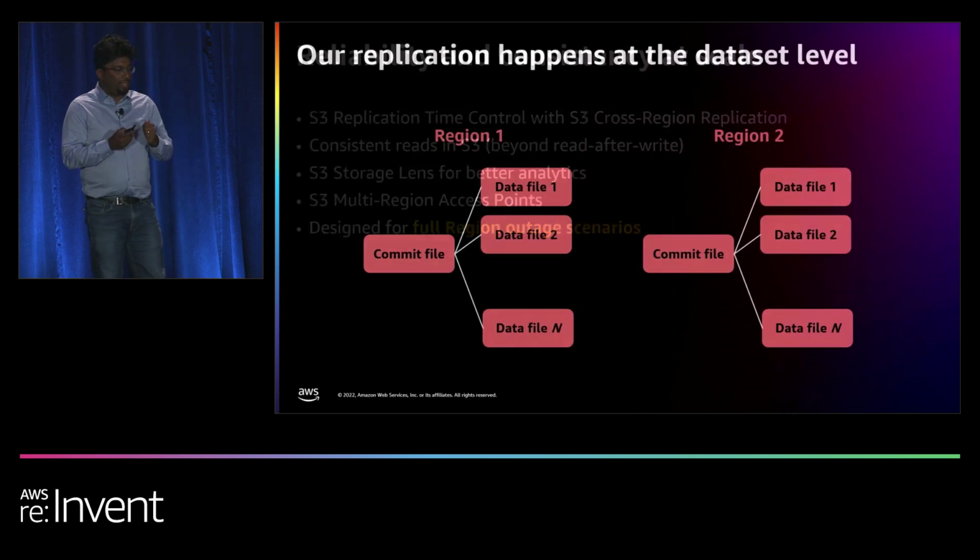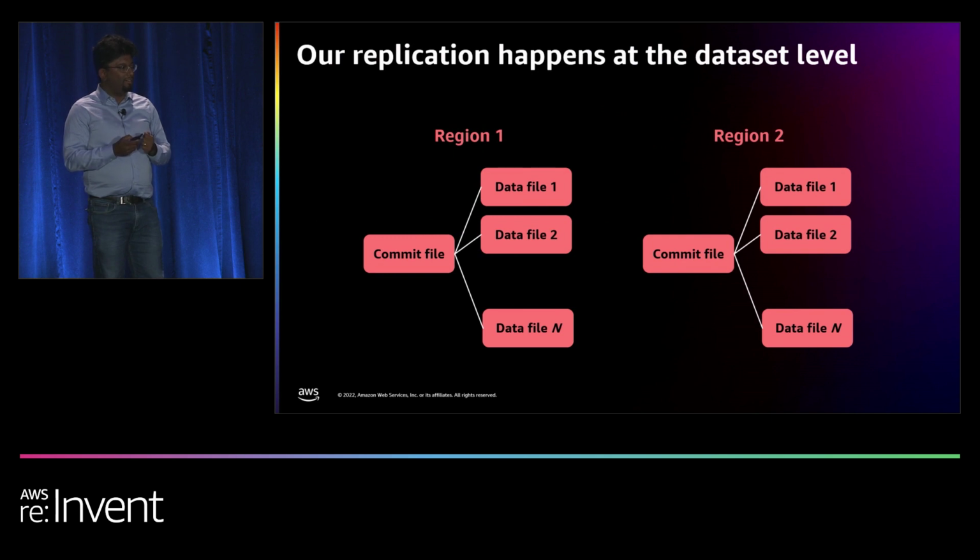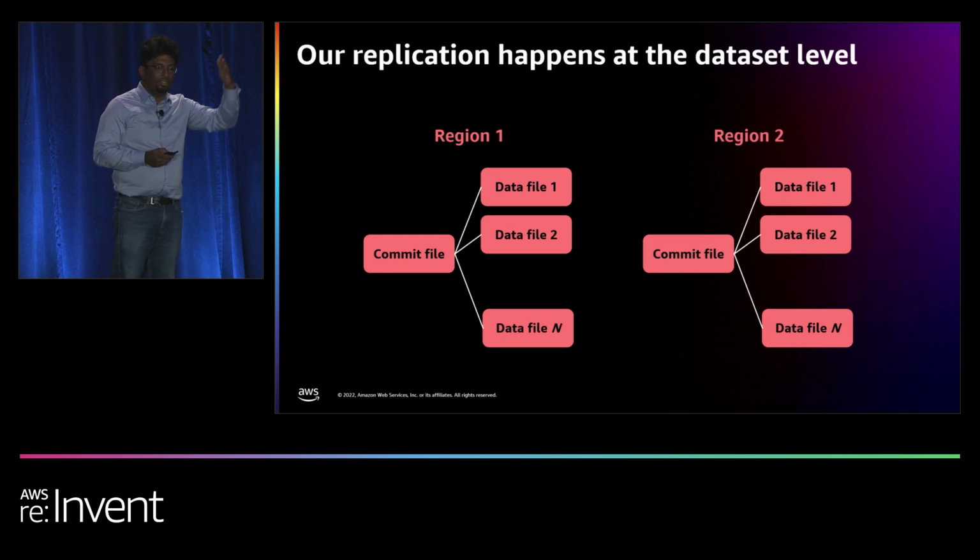So to give you a little bit of an interesting problem that we have, we care about consistency not just at a single file level, because when we run an economic model, we're creating a set of files. We call it a data set, which includes n files that the model generates, along with what we call a commit or metadata file that we also write that points to those n files. So for us, we need to make sure there's an all or nothing on that entire data set. Especially when we go across regions, we want to make sure that from region 1 to region 2, the entire